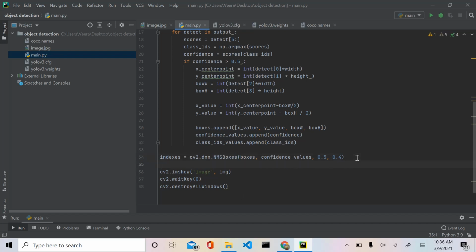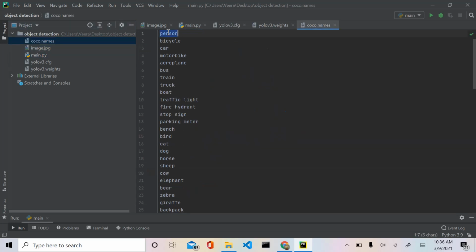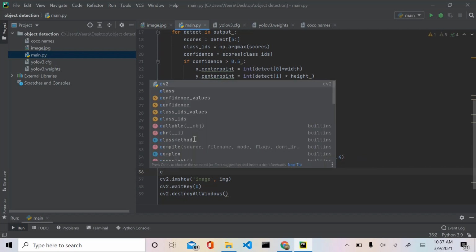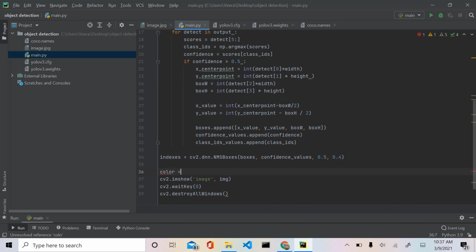What we're going to do next is, when we display our output, we need to color code each and every box. So we need to give a color for every box that contains a person, a color for every box that contains a bicycle, a color for every box that contains a car, and etc. So you can color code it if you want, but all I'm going to do is say colors equal to